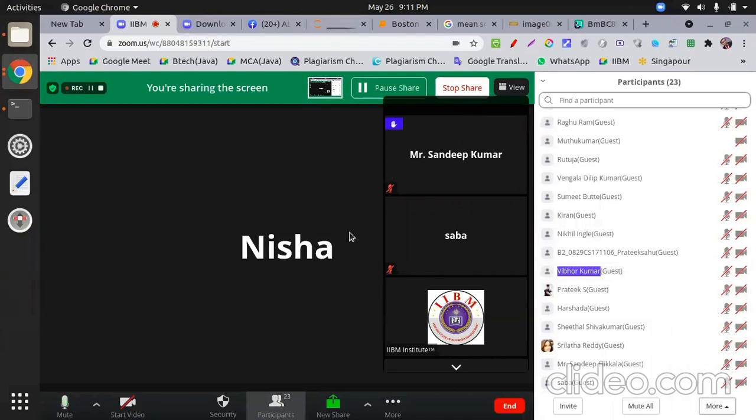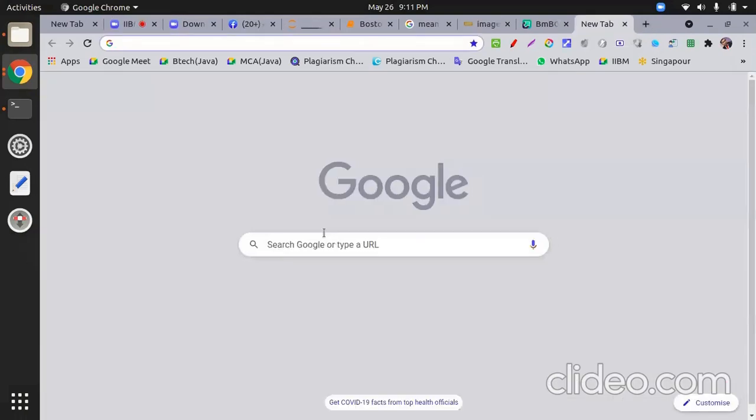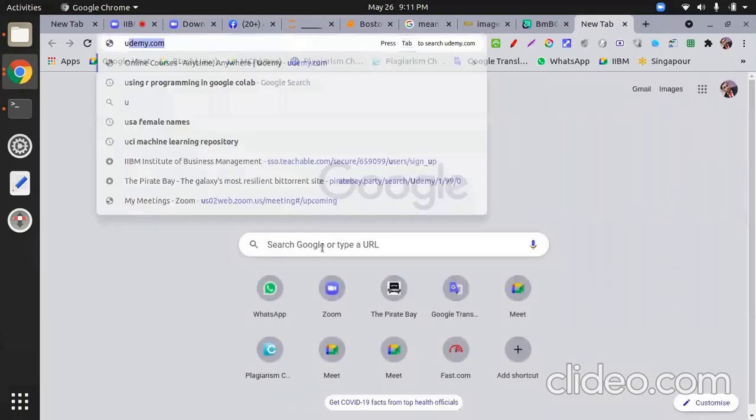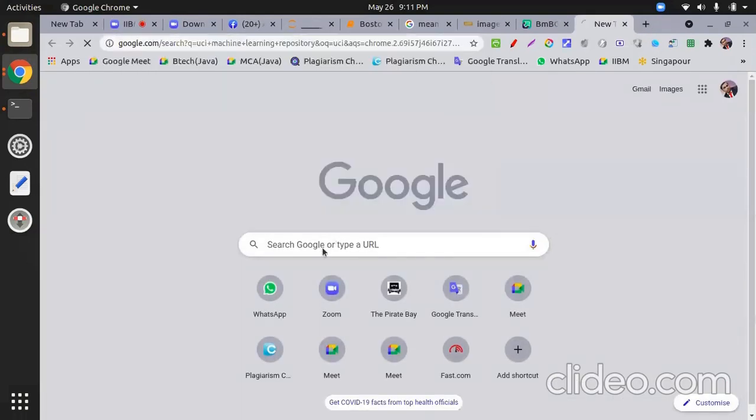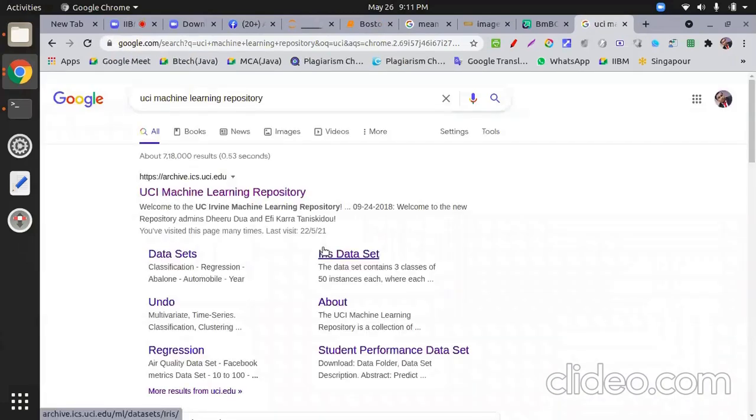रिग्रेशन का यूसीआई से, या आप लोग खुद डाउनलोड कर लो। यूसीआई मशीन लर्निंग रिपोजिटरी खोलना, ये सभी लोग नोट डाउन कर लो। ओपन दिस वन, माय माउस इज नॉट वर्किंग, आई होप, चलो नो प्रॉब्लम।